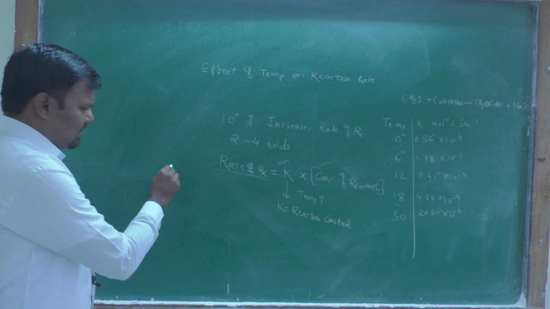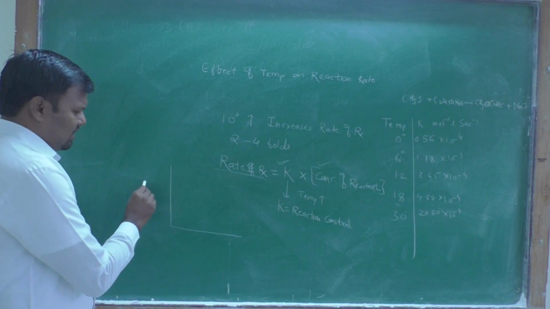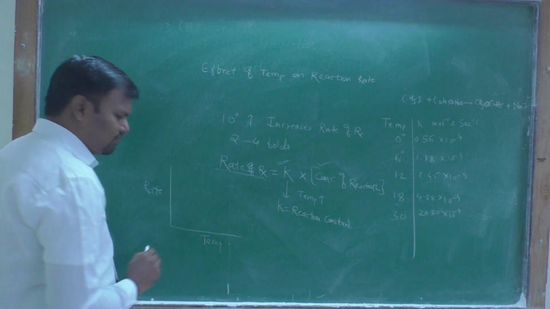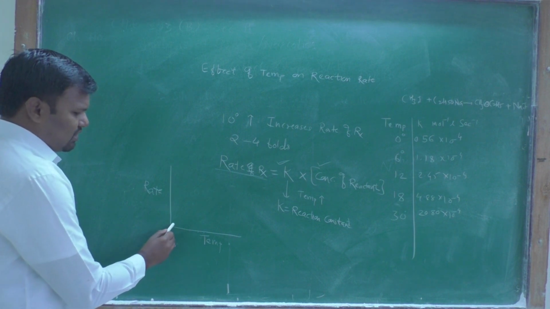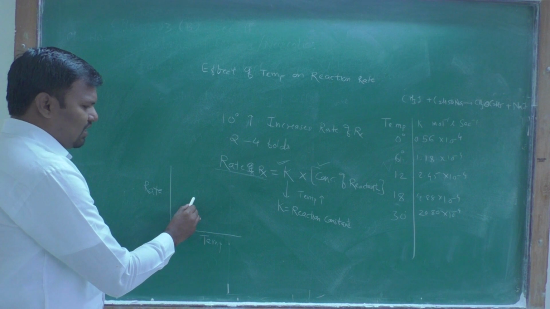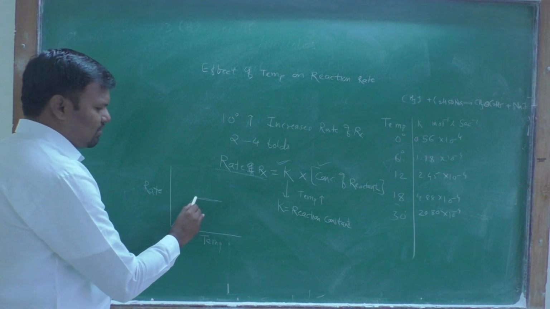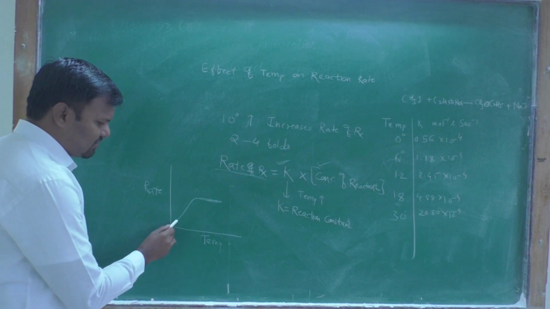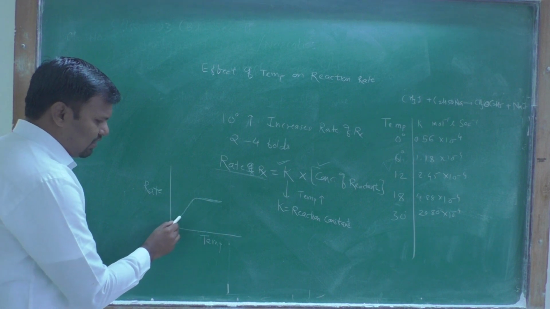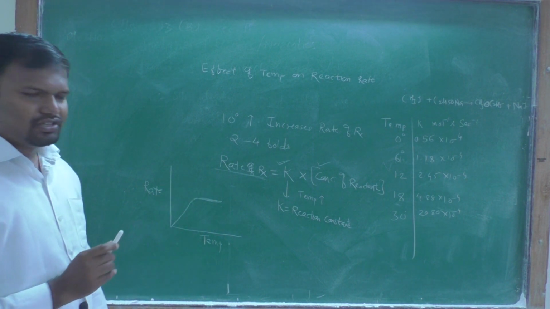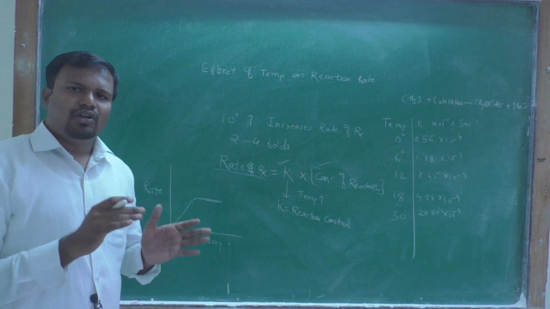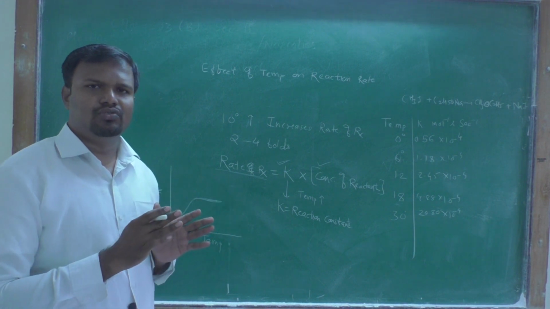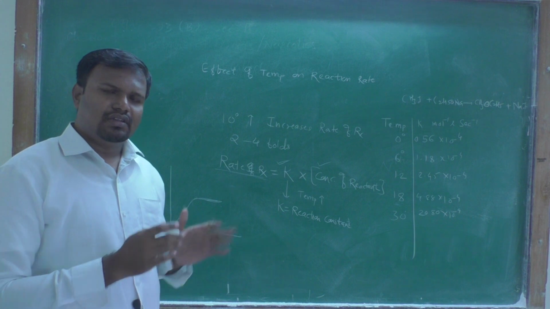We know that if there is a rate graph, and on one side you increase the temperature, the rate increases to a certain level, and after that it is stable. But when you increase the temperature at the start, the reaction rate definitely goes on increasing. Then there is the Van 't Hoff rule. According to this rule, he gave an equation.